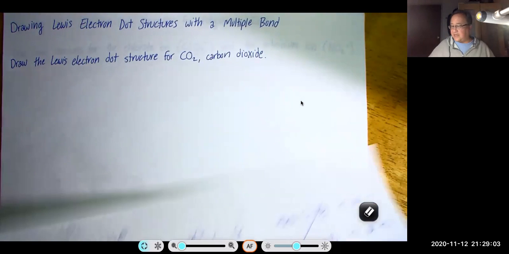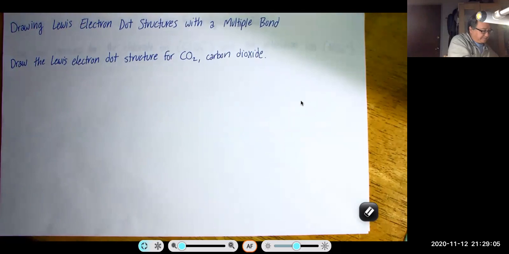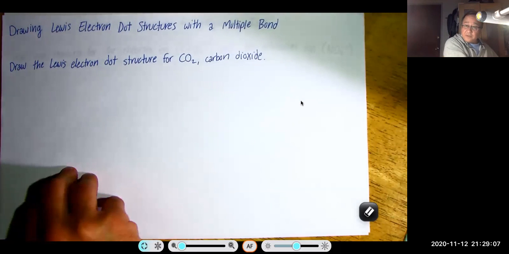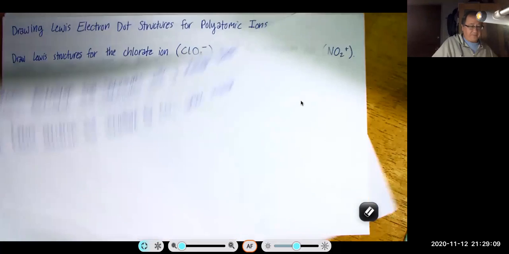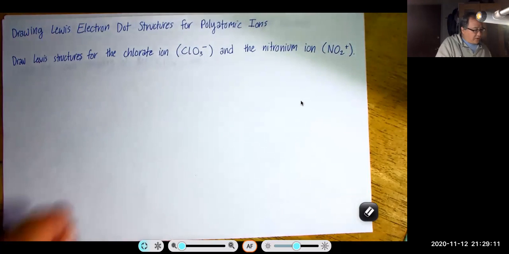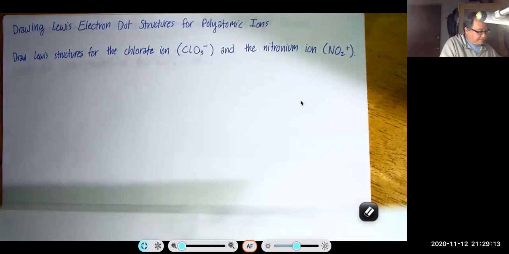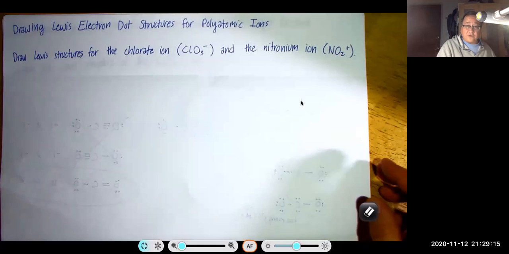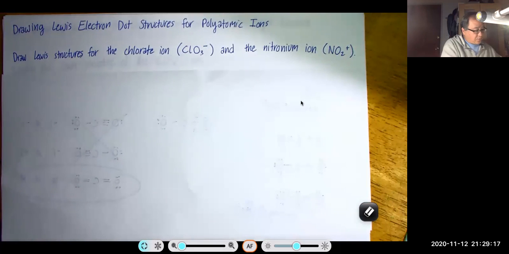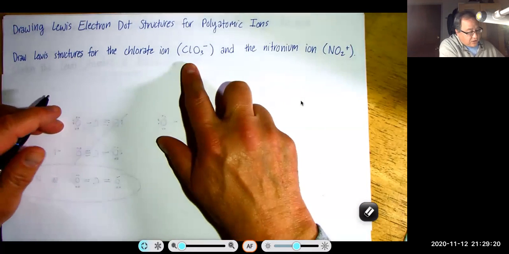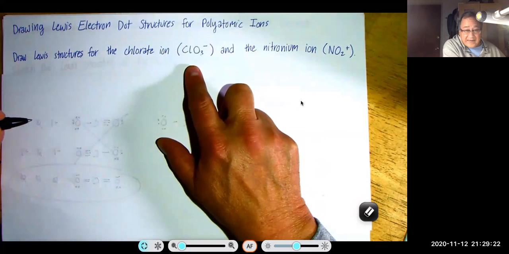Okay, so there's that one. We ended up with 2 double bonds on carbon. So we're going to look at a few more examples here. Draw the Lewis structure for polyatomic ions. So we're going to do this. This is called a perchlorate,